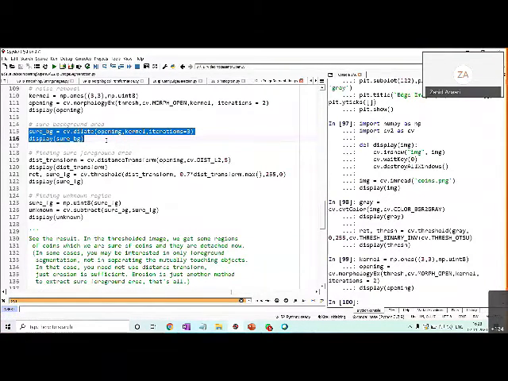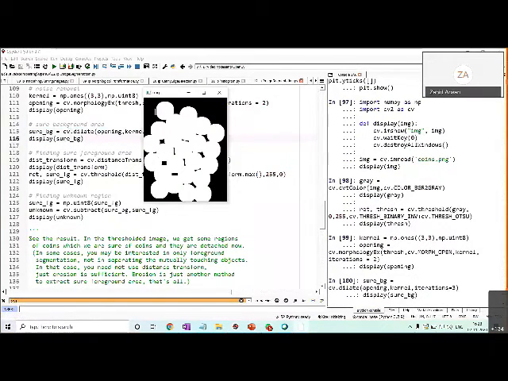What dilation does is it increases your foreground, it increases your object boundaries, so that whatever is left will be the sure background. So whatever is black, those are the sure background over here, by applying the dilation.